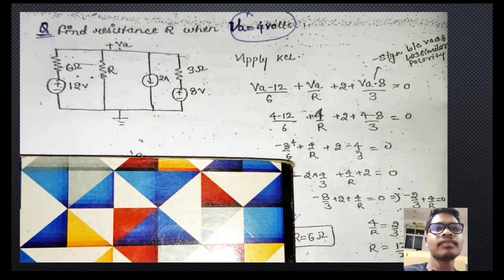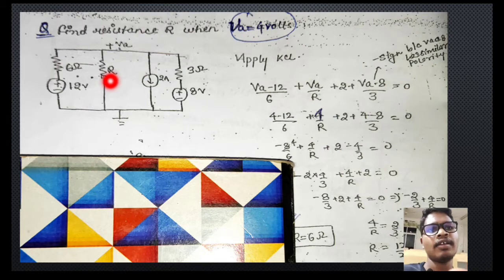Okay, let's see another question. Find resistance R when Va is equal to 4 volt. So this is our network: 12 volt in series connection with a 6 ohm resistance, and here R is in parallel with the network, and a 2 ampere source is also in parallel connection with the network, and here 8 volt with the 3 ohm resistance. So here 4 volt of Va is given, but he is asking to find the value